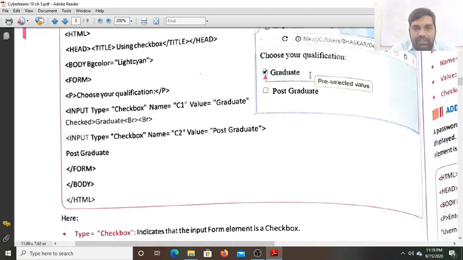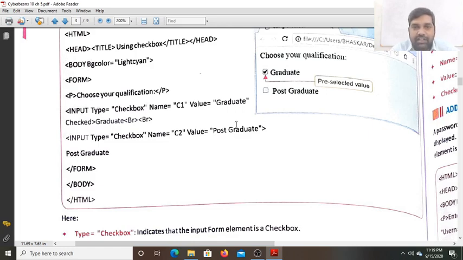So you are seeing that the label is just after the checkbox, and the value equals postgraduate means whenever one person checks this and submits the form, the value for this checkbox submitted to the server is postgraduate. Whatever you write here will be submitted with the form.